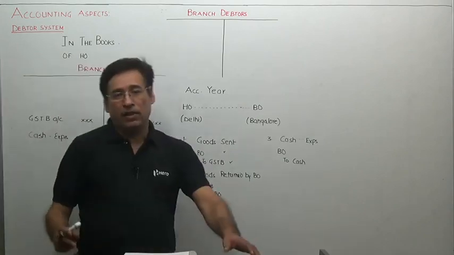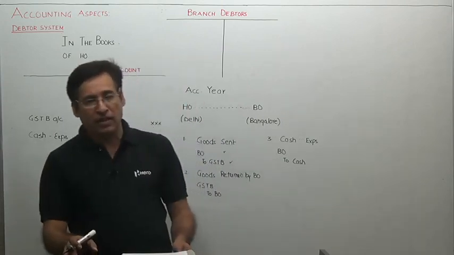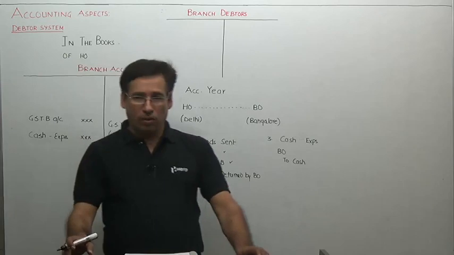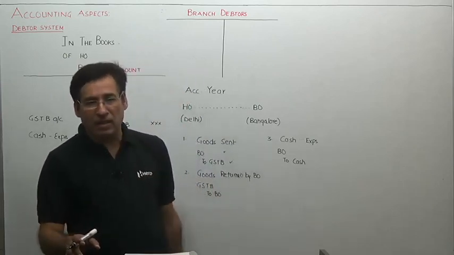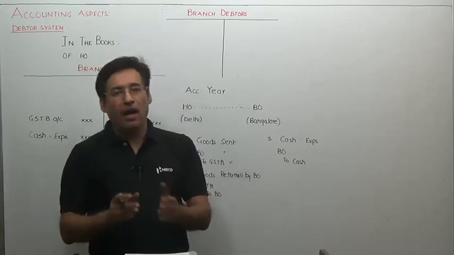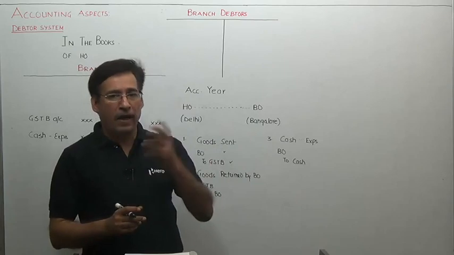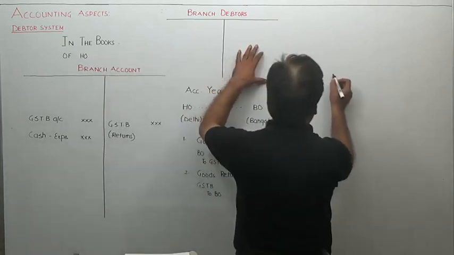When we had a discussion last time, while discussing the various traits of the system, I told you at that time that the basic task of the branch manager is to collect as much cash as possible and send it back to head office. What does it mean? Just pay attention. Suppose